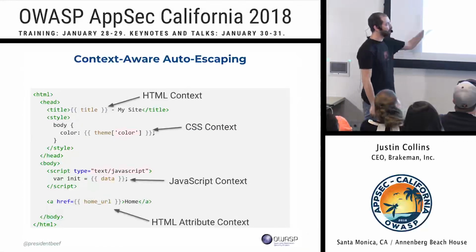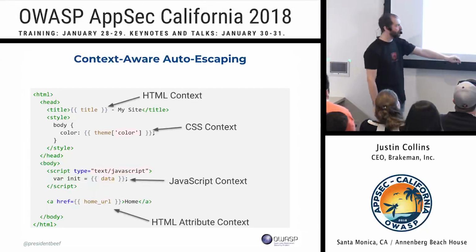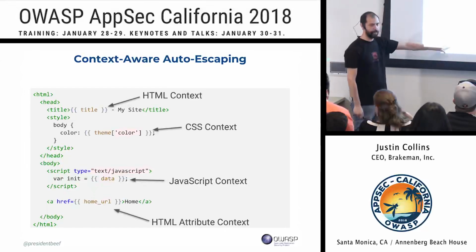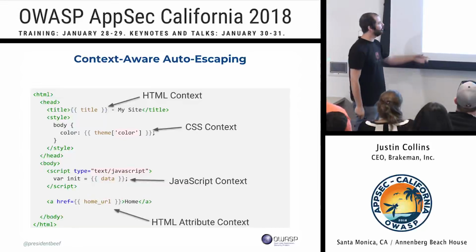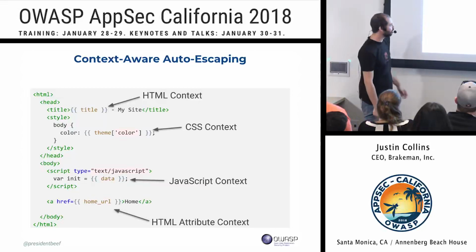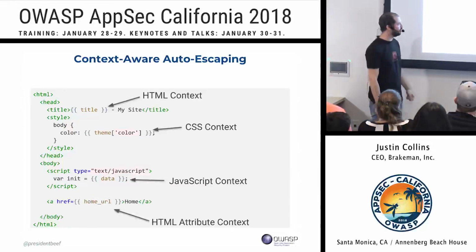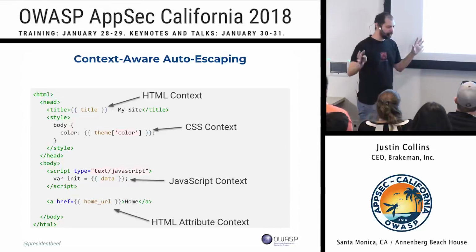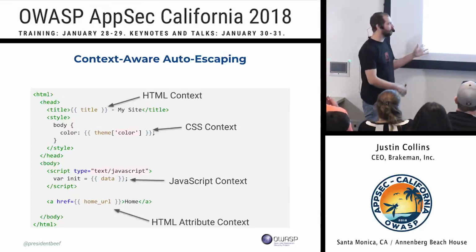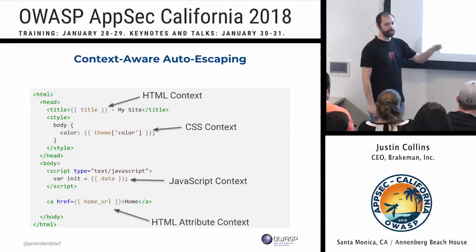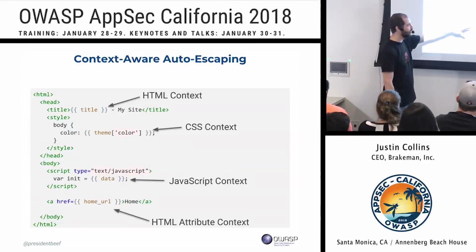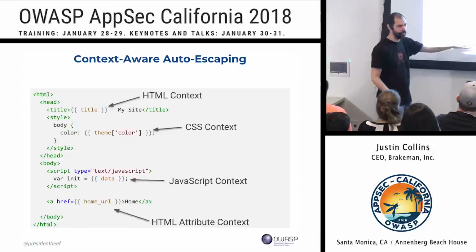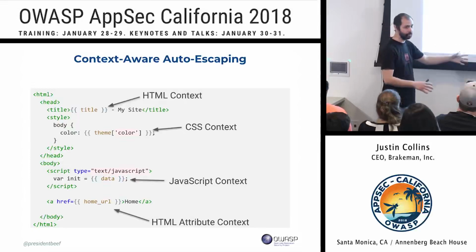So going back to all those different contexts, what we want is to be able to hand this to our templating library. We're writing our HTML, even doing things we probably shouldn't do, like inline scripts and inline styles, dynamic URLs and so on. And we're like, look, I'm just going to write it the way I want to write it, and then hand it off to my templating library, and it's going to do the right thing for me. Because honestly, remembering all this and doing it correctly in all cases is just too much, even if you have the libraries available to do it, which is also often not the case.